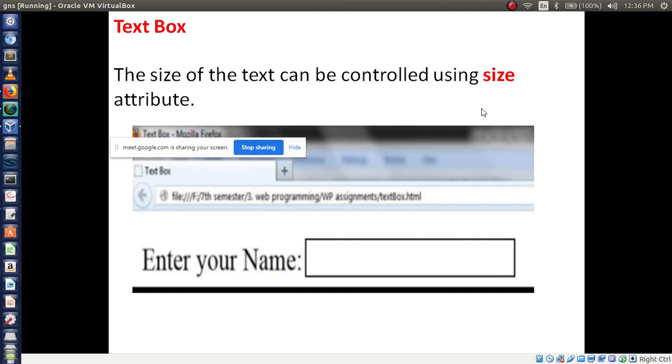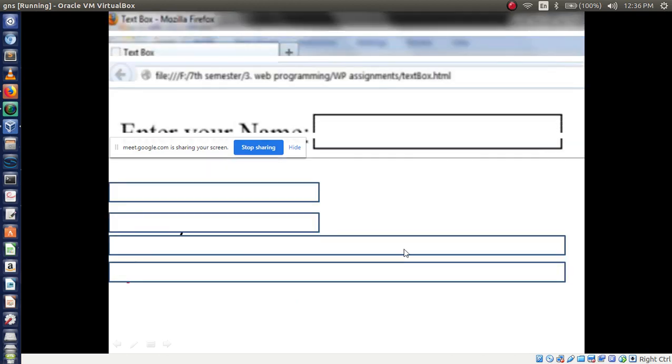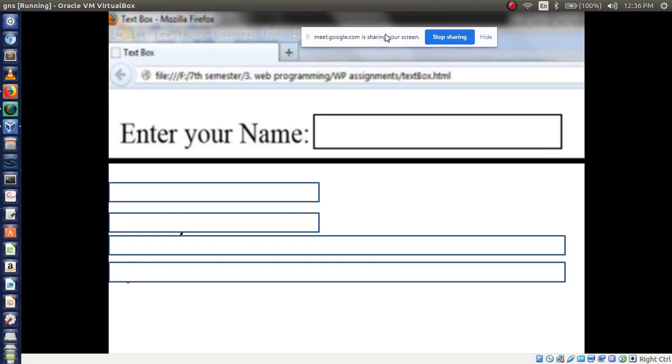So I want to design a web page like this. So how to write code for this form? Let's see. See, "Enter your name" is a label. Remember, "Enter your name", "Enter your password", these all you can call labels. Then this box is called a text box. All of you see carefully. If you learn one tag, all tags will come easily. All control tags depend on only one tag. If you learn one tag perfectly, then the remaining tags will come easily.